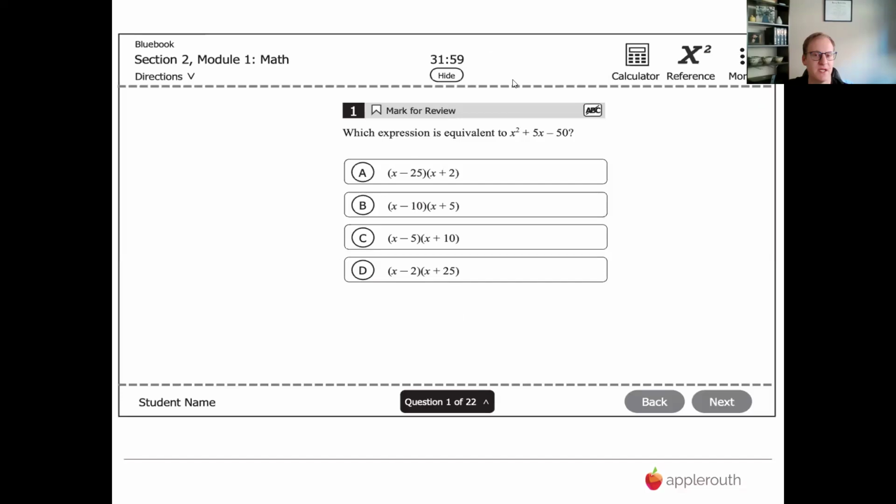Here's what the math looks like. So let's take a quick inventory of everything we've got. Time up top, of course, we see that. Mark for review. This is a little bit less helpful, although sometimes can be useful on math. This is the absolute golden thing that we need. You can have your handheld calculator too, like a TI 83 or 84, any scientific calculator is pretty much allowed. But this is really the key to this test now.